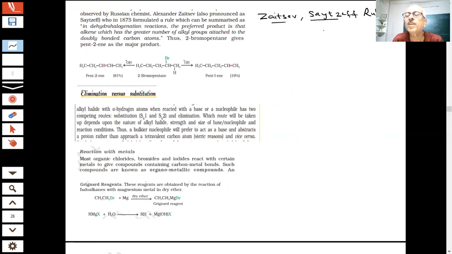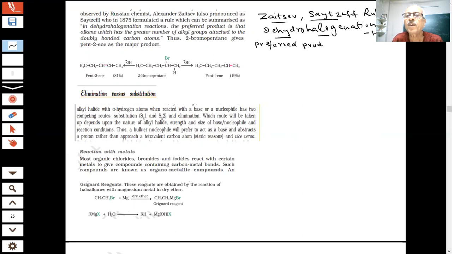This is very important, what they said, what they are saying in dehydrohalogenation reactions. This is an example of dehydrohalogenation. Why? Because hydrogen is lost and halogen is lost. What do you mean by this? Minus HX means what? H is hydrogen and X is a halogen. They are lost. What they say, the preferred product is, students,